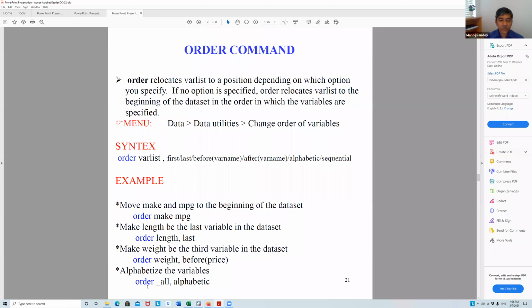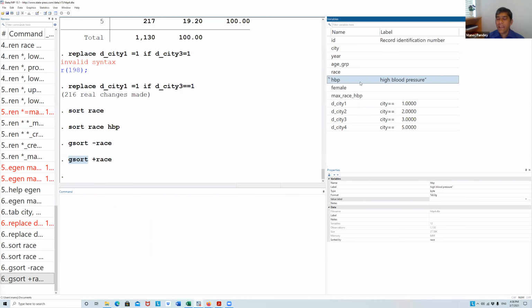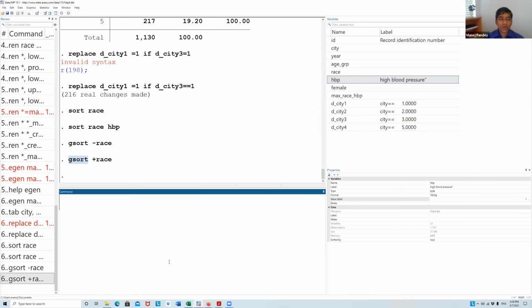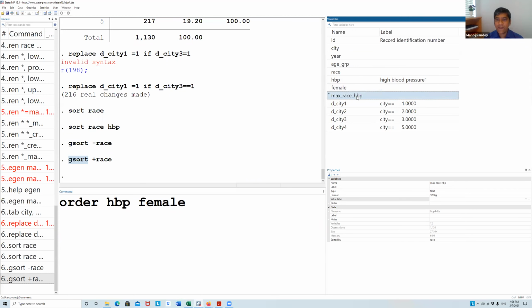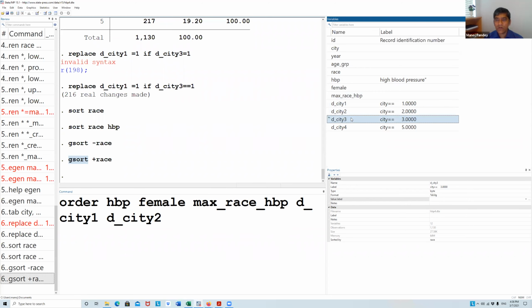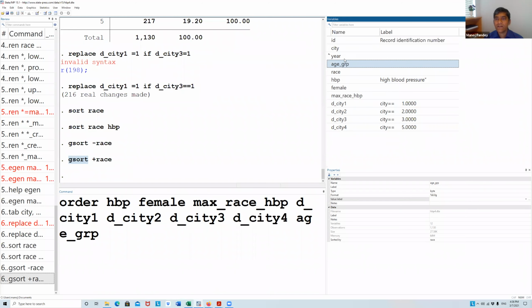Order: sometimes you are working more with HBP, but then year and others are on top, and you can always use order. So I want my first variable as HBP, then female, then max, and then these 4, and then finally I want ID, maybe.